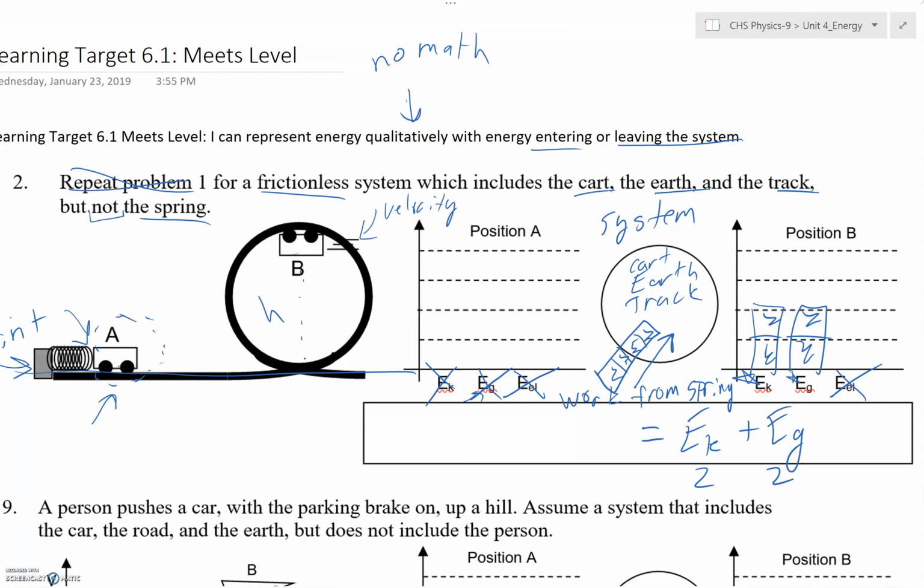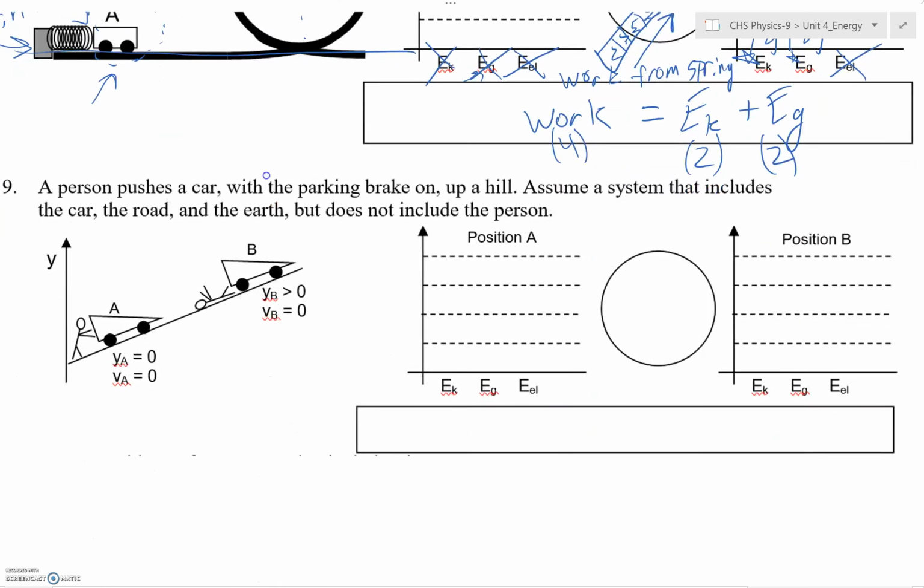So the way that I would represent that in my qualitative equation is I do this. Work equals energy in the kinetic account plus energy in the gravitational account. And if we want our math to work out, we'd say, hey, look, 4 bars in the work account, 2 in the kinetic account, 2 in the gravitational account. Hey, how cool is that? It works out. So that's your first example.